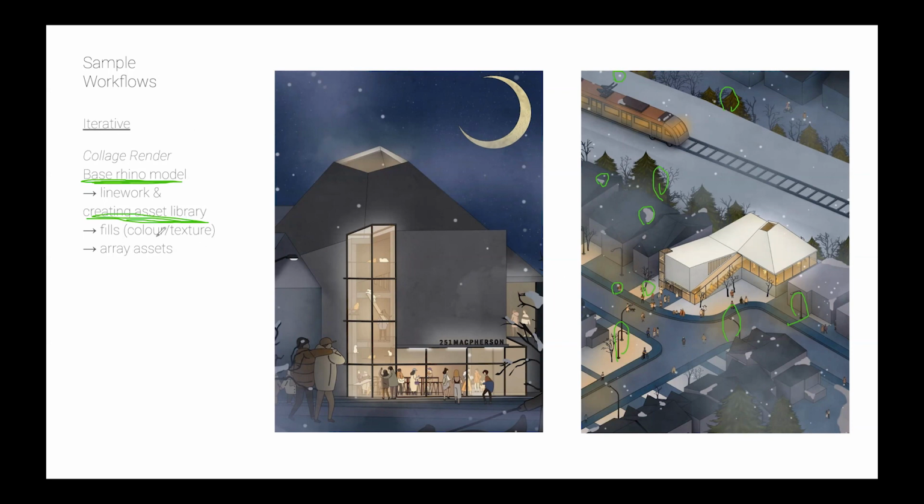But anyway, once you have the library for this, you fill it in with different colors and textures, and you could see they even put glow around different things. And then once you have the architecture in color and textured out, you can array all your different assets of people and trees and whatever. And then